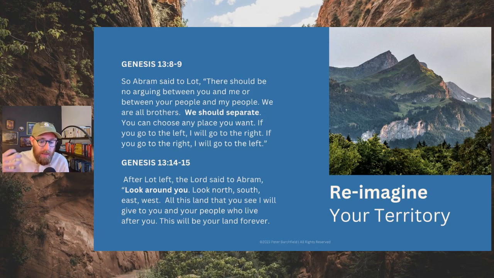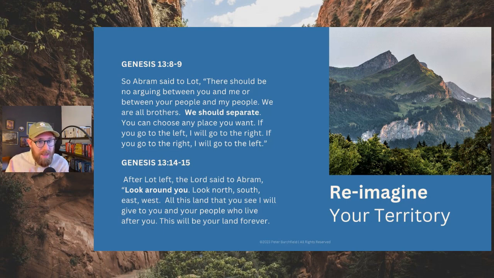He got this wisdom path to get out of a repeat cycle, to get out of this stuckness in his life and in his leadership. And the big idea is, hey, we're family. We should separate. It's not good for us to be crowding and competing over such a small territory. Let's give each other some space.